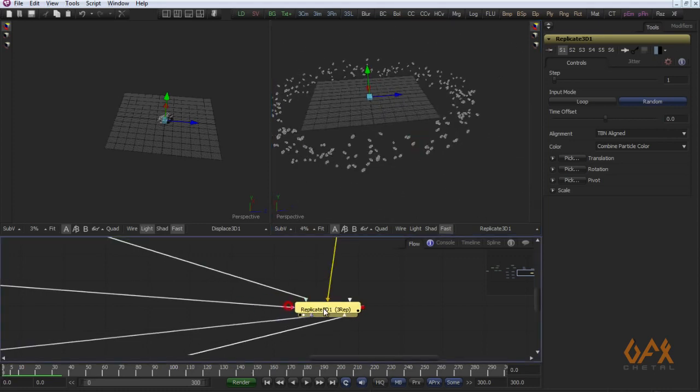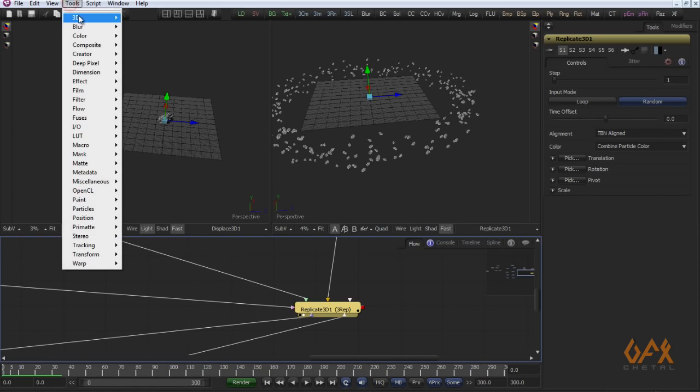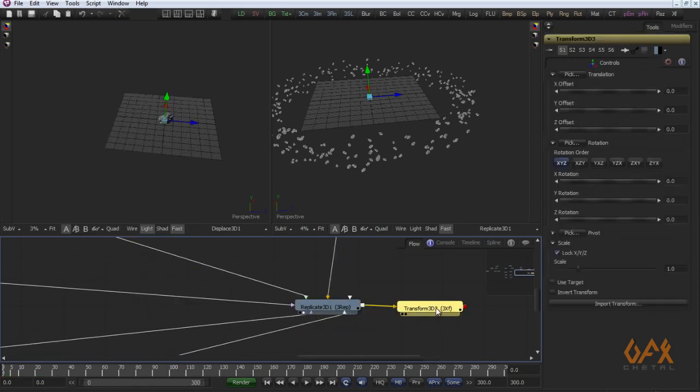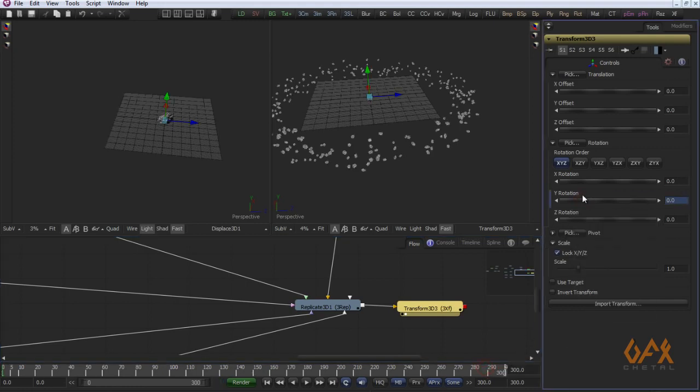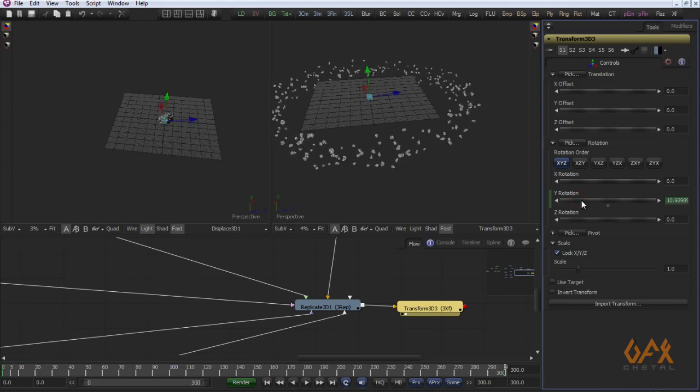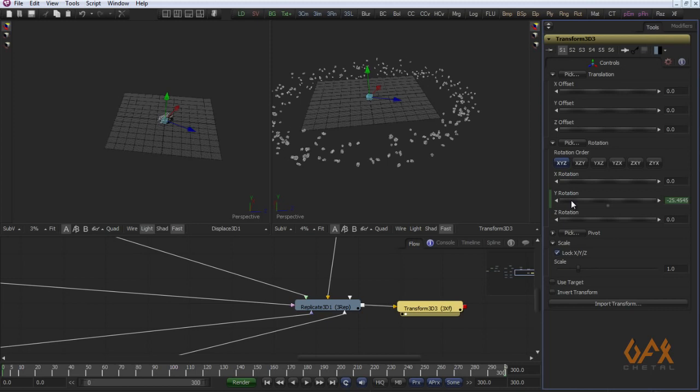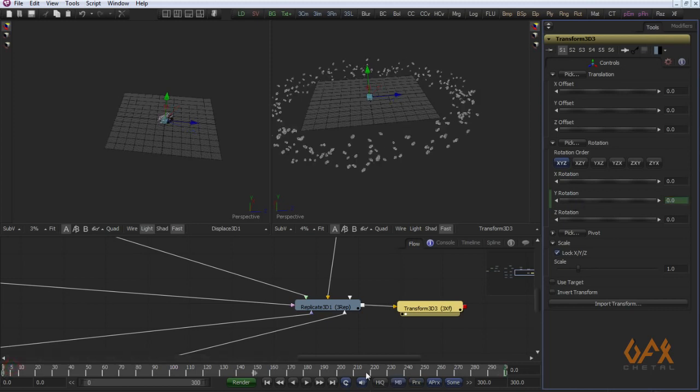What I have to do, I apply one more transform 3D, and here I animate these things, Y rotation, animate, and over here I increase some value like this or this little bit. So now you see